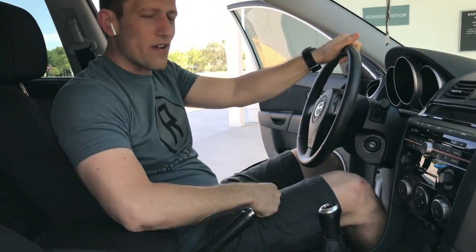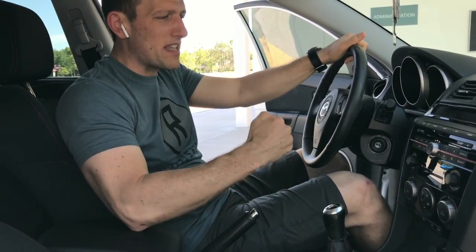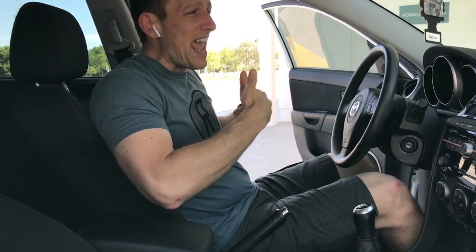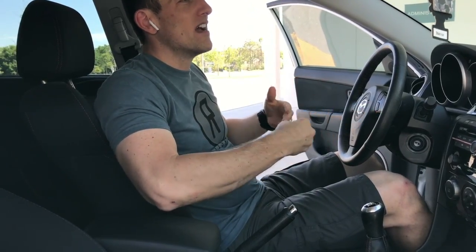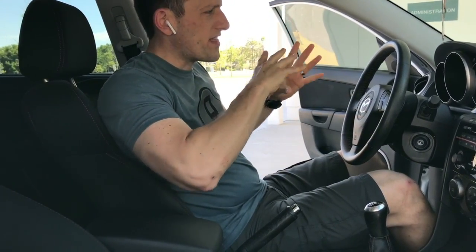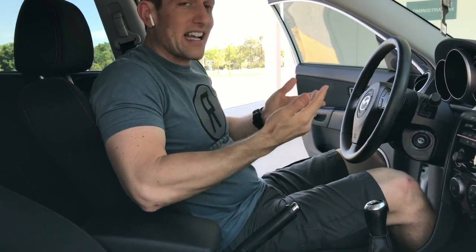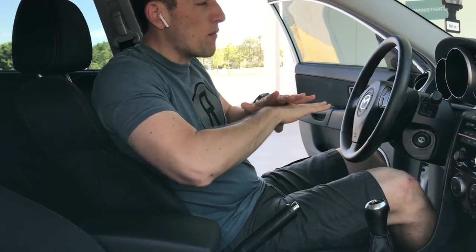All right, guys, here we are inside this 2009 Mazdaspeed 3. Now, I think this is where you're probably going to see the biggest difference between something newer and this particular car, just because we've come a long way with the interior materials and whatnot. But to be honest with you, like I said, this car is almost 10 years old, but when you look around it, it doesn't feel that way,